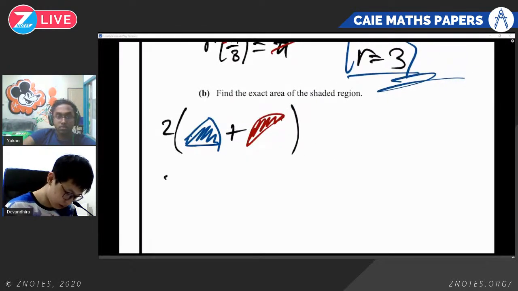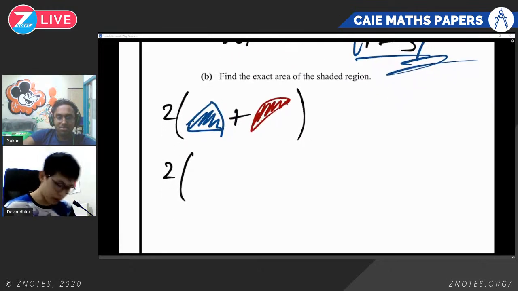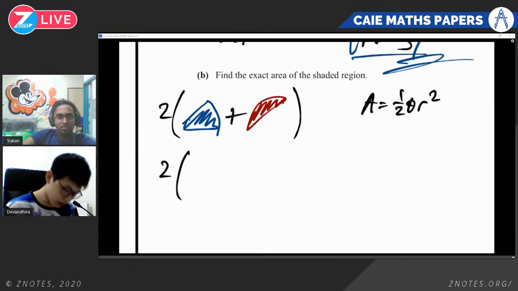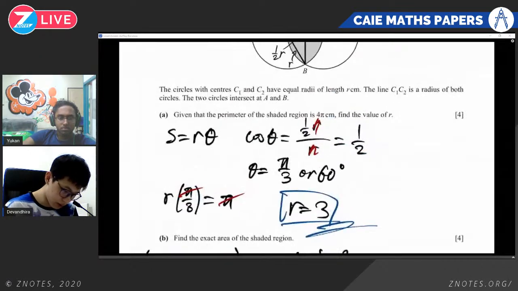So let's find the sector first. 2 times the sector is. Remember the formula for finding the area of a sector. It's just half theta r squared. But this has to be in radians. So we have half pi over 3 r squared, which is just 3 squared, plus now for this one,